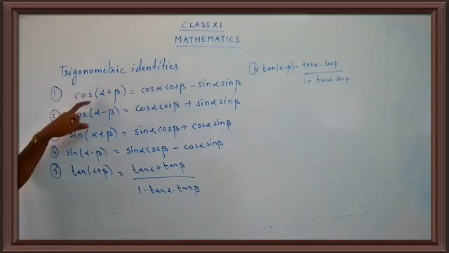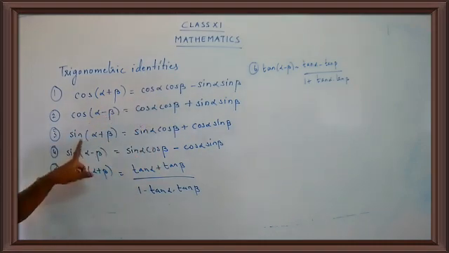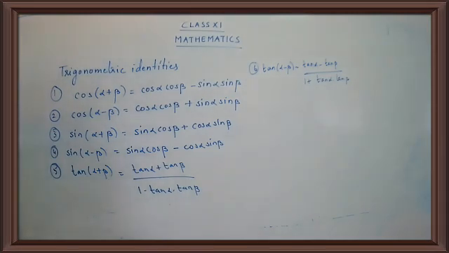So just remember, for cos the main sign changes. Here plus means you get minus, minus means you get plus. For sin, the sign remains the same. What is the formula for tan alpha plus beta? It's tan alpha plus tan beta upon 1 minus tan alpha tan beta, and tan of alpha minus beta is equal to tan alpha minus tan beta upon 1 plus tan alpha into tan beta. Okay, children, so you have to remember these formulas thoroughly. I hope you are clear with the formulas.